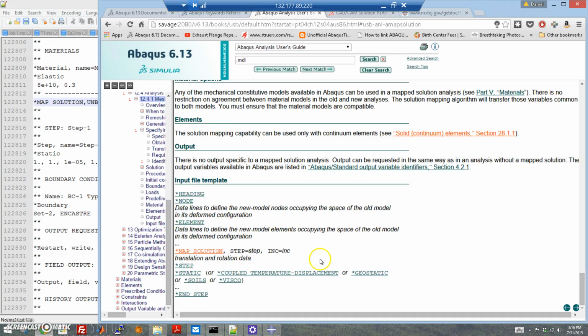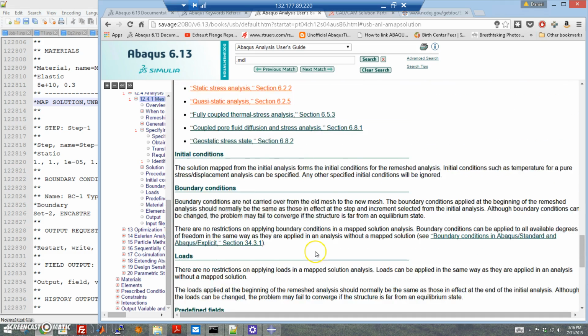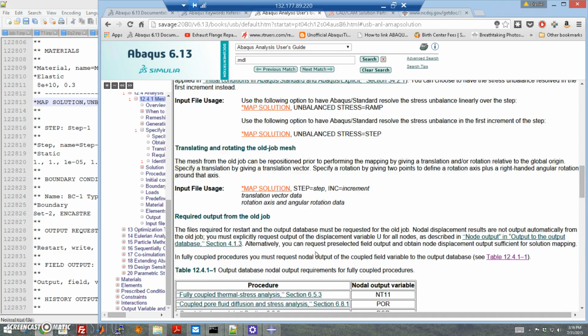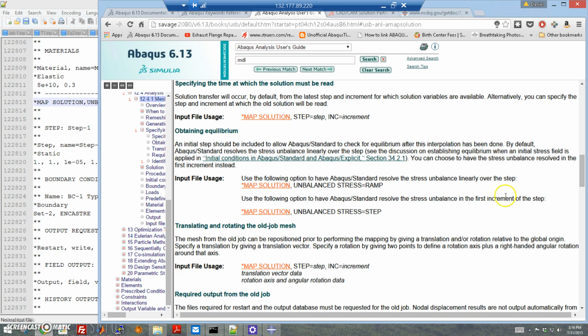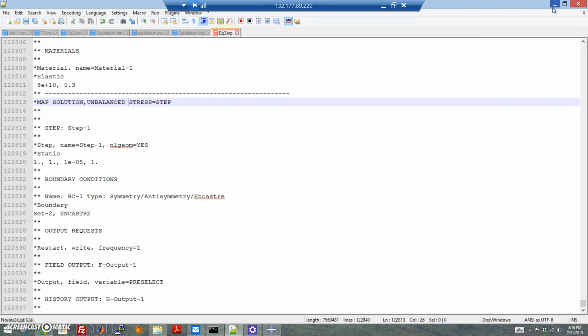So the only thing that we really need is just to specify this unbalanced stress ramp or step. You can read about that and just look at stuff. So I've added that in. And remember, if we want to do another step, we need to do this frequency 1 so that we can do that restart. Okay? So now that this is all set,